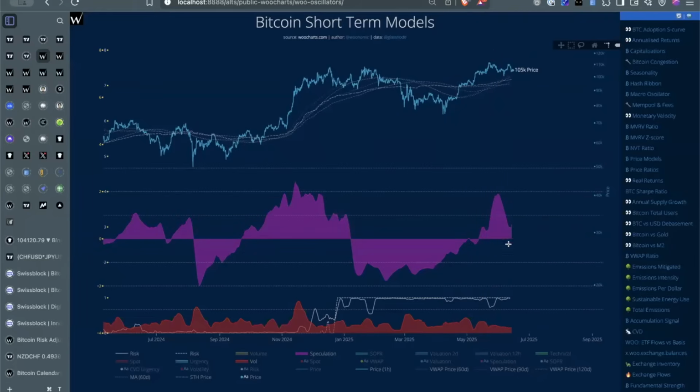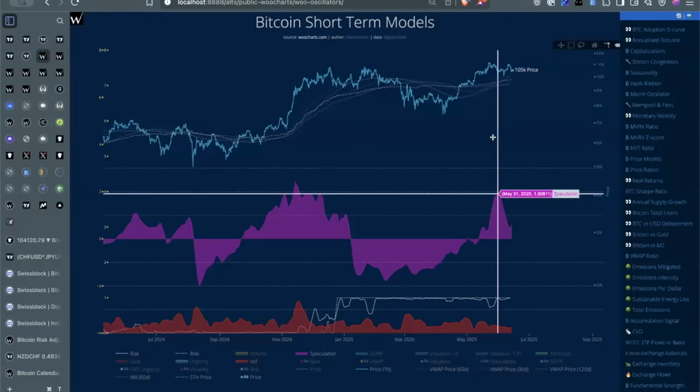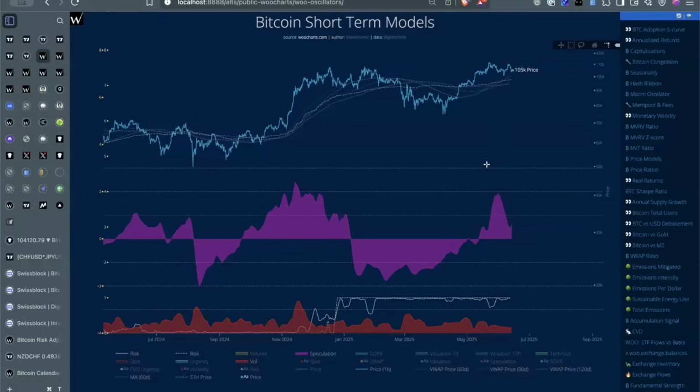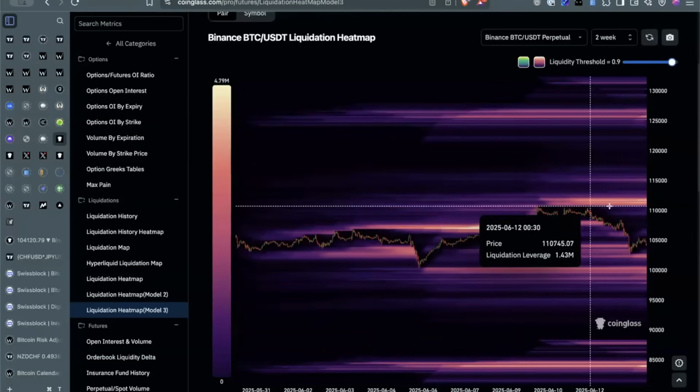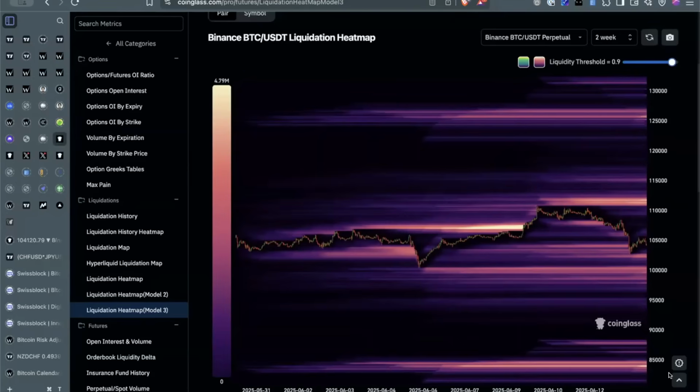So this is what we're measuring: inside the purple is paper bets, long demand weighted. And so they came in and were purging this sort of speculative activity right now. And actually, the whole game that's moving price around right now is tactical, basically liquidating as many trade positions as possible. You can see that this heat map is really showing where the liquidations will occur as price moves into there. And so we're just hunting all of this right now.